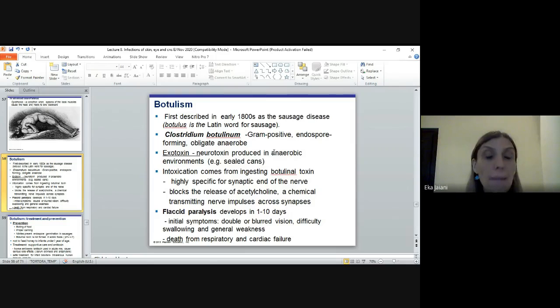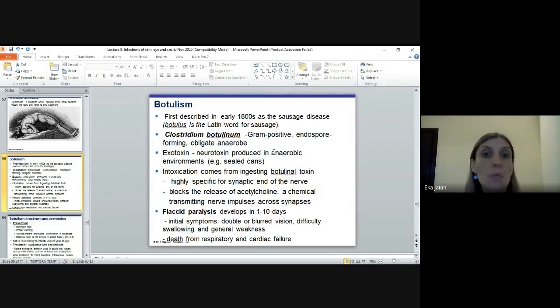And why? Because Clostridium botulinum, this is also a Clostridium, also an endospore forming bacterium, can contaminate these vegetables. And when we boil these vegetables, spores usually don't die. And when we can this food,